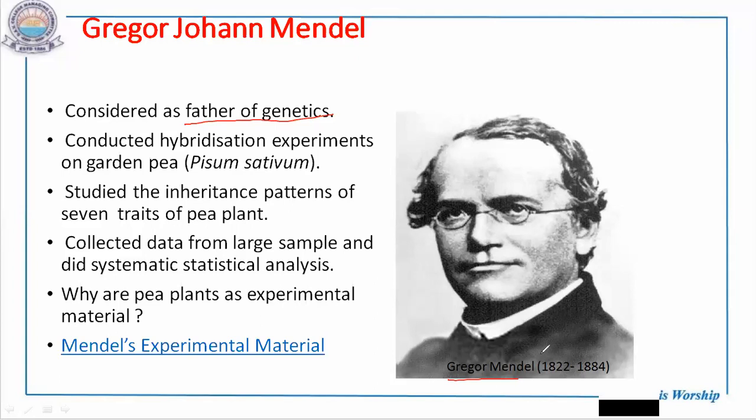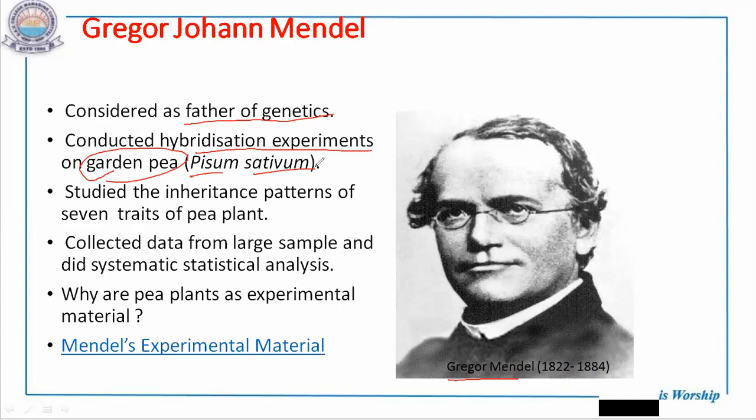Okay. So what I was telling is Gregor Johann Mendel is considered to be as the father of genetics. So lot of experiments he has done, which are called hybridization experiments, because these are all experiments. These are done artificially, not naturally. So under the influence of man it is done. Those crossing experiments were done. So hybridization experiments are called, and these were done on which plant? On the garden pea, whose scientific name is Pisum sativum.